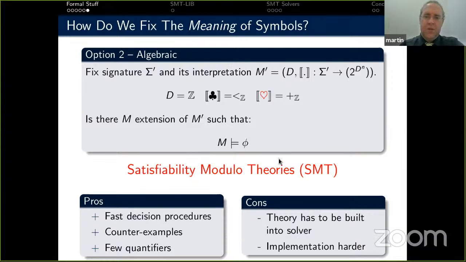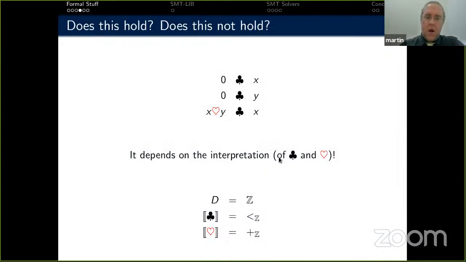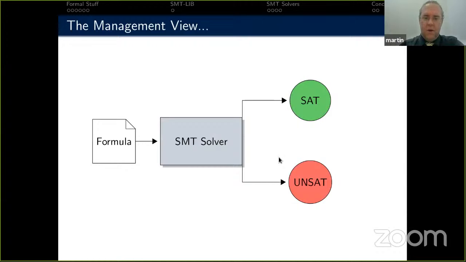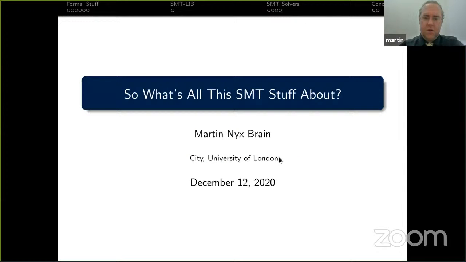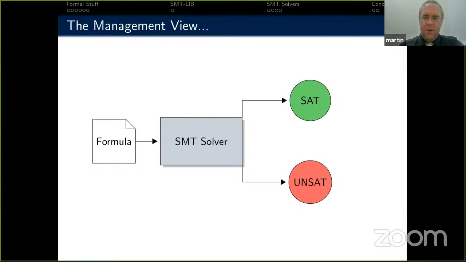But the point is that back at our first slide, the management view, we're different to what Armin's doing because our formulae are first order logic. But the really critical thing is the first order logic with respect to particular interpretations,